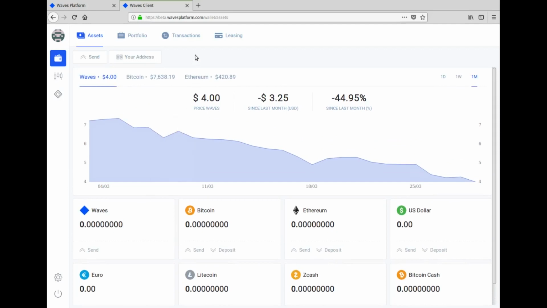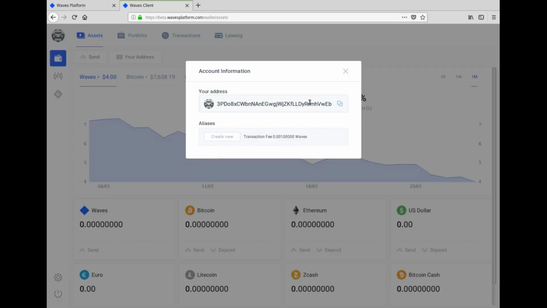Your address is equivalent to your bank account, so people can send you funds to your address. Your Waves address is similar to your bank account. This is all the information that somebody needs in order to send you a token available on the Waves platform to your wallet. You can click here to copy it and paste it in an email to send to somebody. But since this is quite an ugly collection of characters, impossible to memorize,